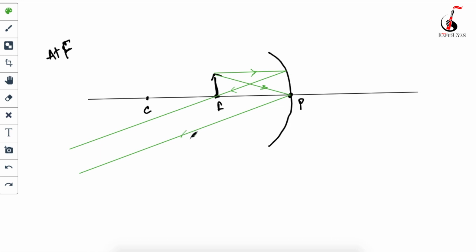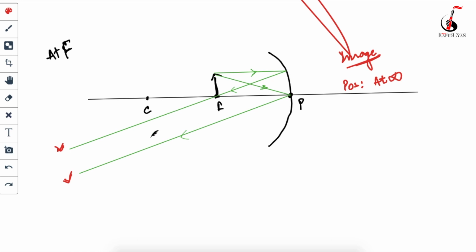So in this case, what you are seeing, beta? Now it's a good time to write the characteristics of the image. What is the position, the point of intersection? Since these two lines are parallel lines, where do the parallel lines intersect each other? We know that parallel lines intersect each other at infinity. So the position of the image will be at infinity.